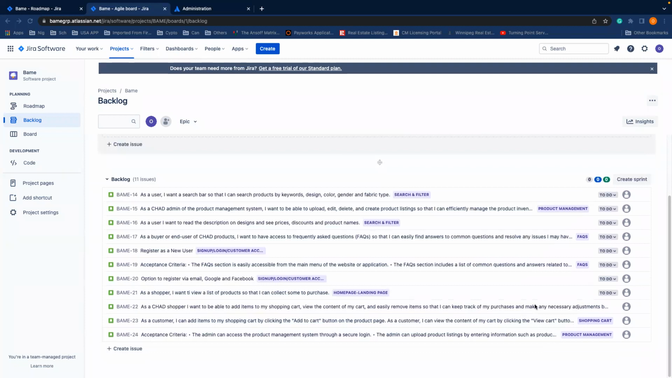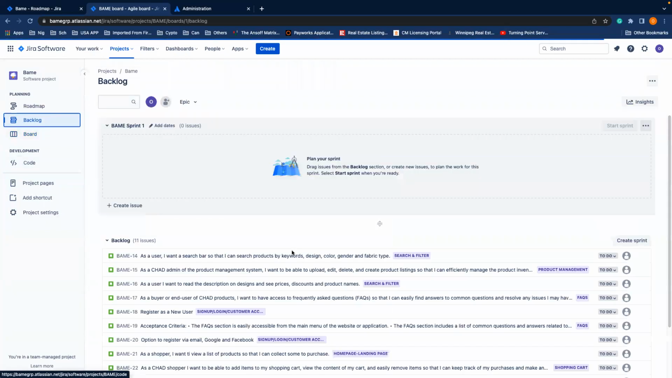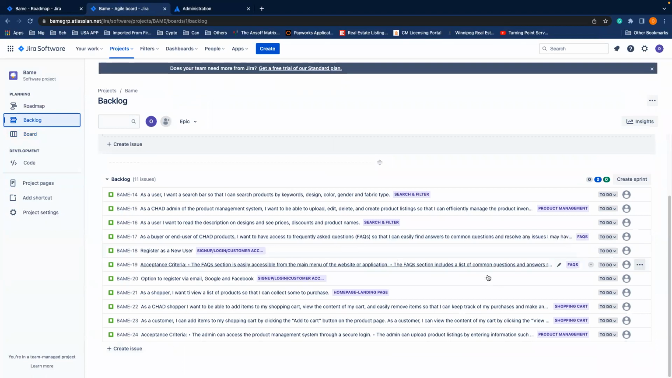Now I want to bring attention to something. You can see that under this backlog, you already have to do. Now, if you go on this board, you can see that to do is still not yet here. The only way this board can reflect what you have is when you start a sprint. Let me just breeze through all these things. So when you've created your